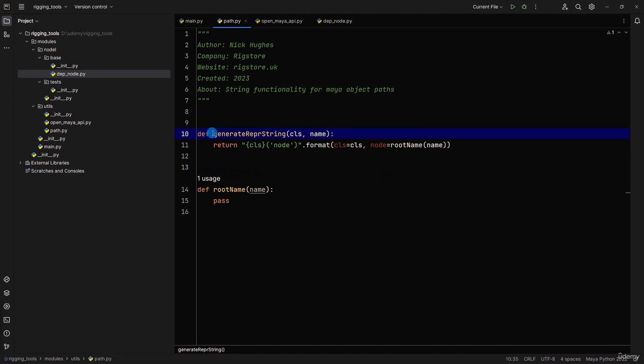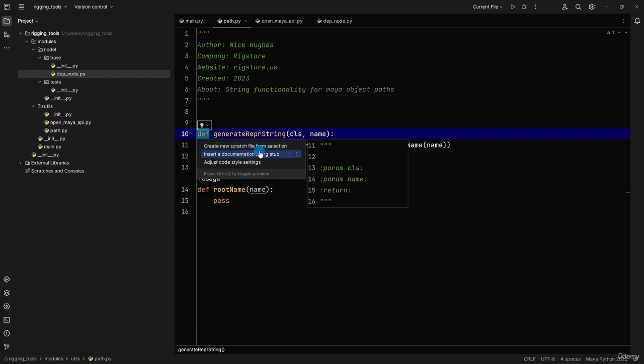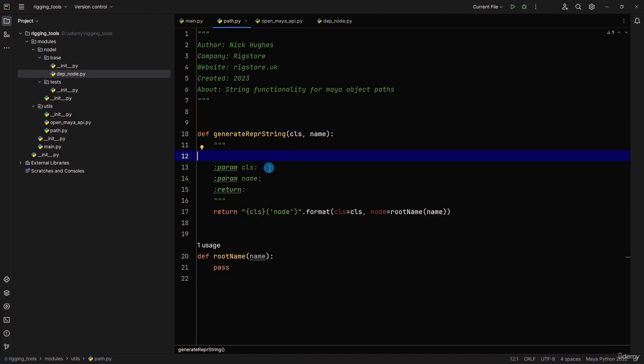But now let's create docstrings. So we're going to just highlight def here. You'll see this little pop-up light bulb come up, and we're going to go insert docstring. Okay, we don't want to actually do it with that setting though. But okay, let's just insert that for the minute. So you see this is actually using, I think, this would be from Sphinx, maybe naming, I can't remember fully, but we're going to use the PyDocs